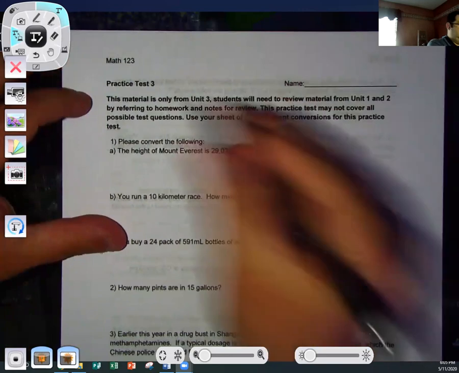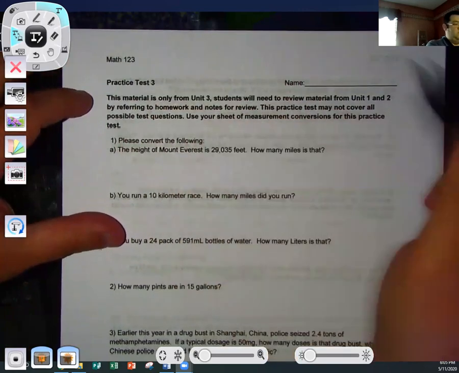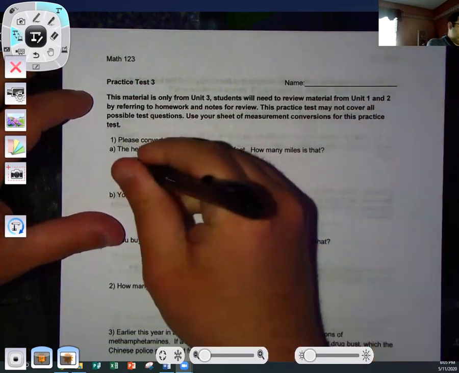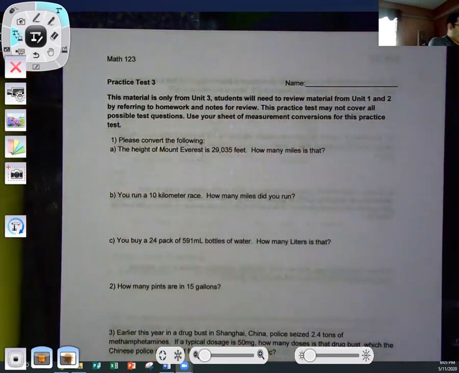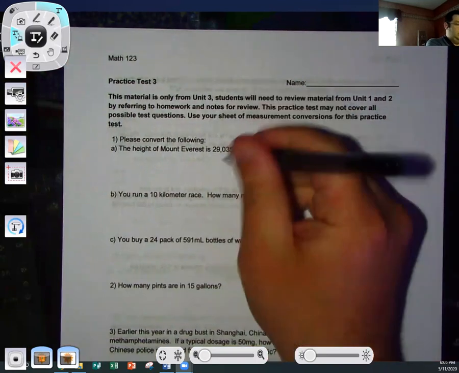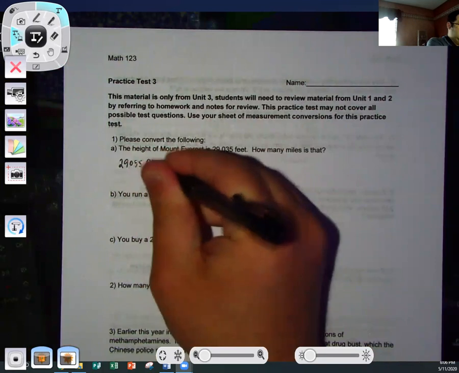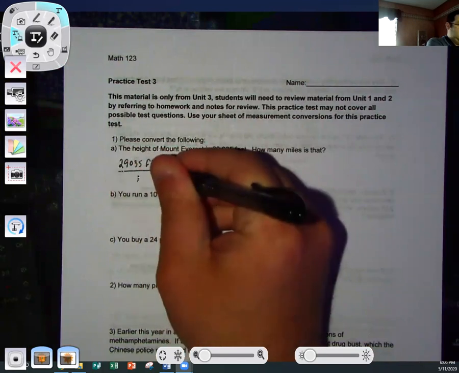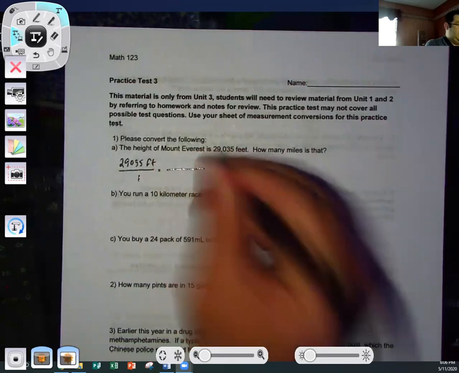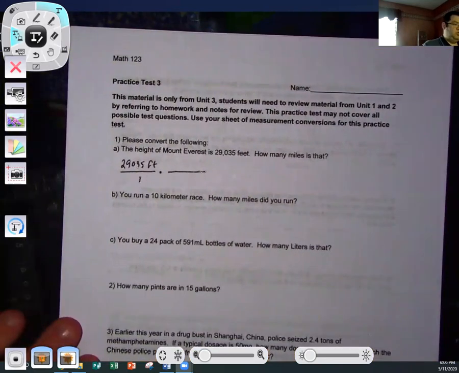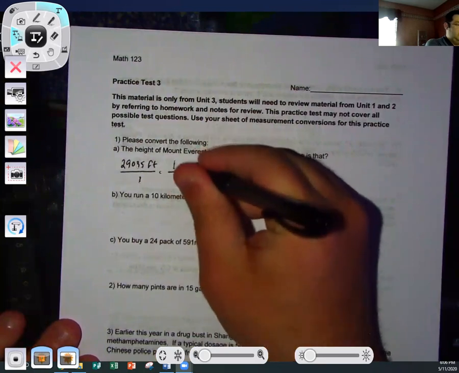For example, here it says the height of Mount Everest is 29,035 feet, and they want to know how many miles is that. So I would start with what I'm starting with, my 29,035 feet, and I would put that over 1, and I'm going to multiply by, we do have a direct conversion that goes from miles to feet. We know that 1 mile is 5,280 feet, so that's the conversion that I'm going to use. 1 mile,